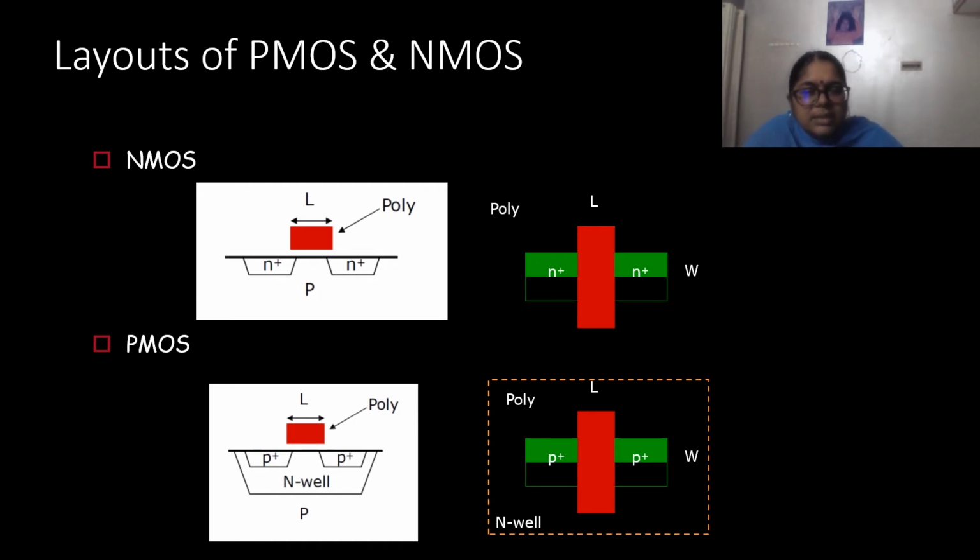This is once again a slide showing you the layout of the NMOS and PMOS transistors. You can see that the PMOS transistor is formed inside the N-well. It is formed by cutting the polysilicon with the P diffusion, actually yellow color should have been shown, and the N-well is surrounding it. This indicates that the PMOS transistor is formed inside the N-well.